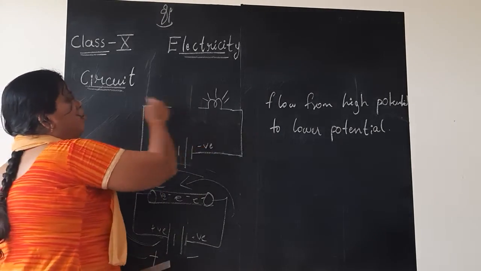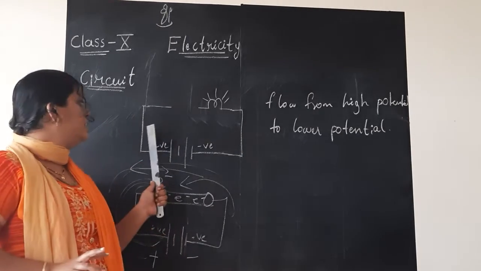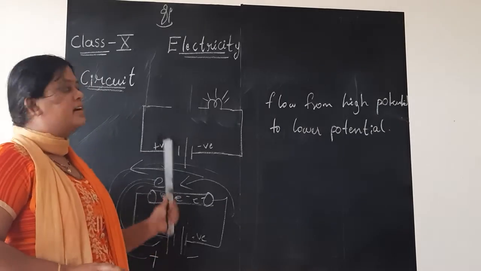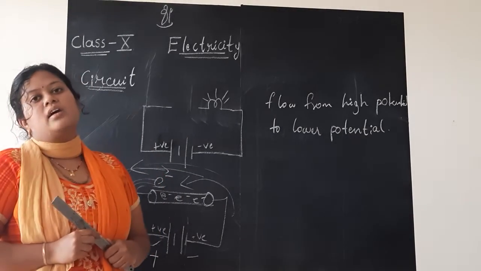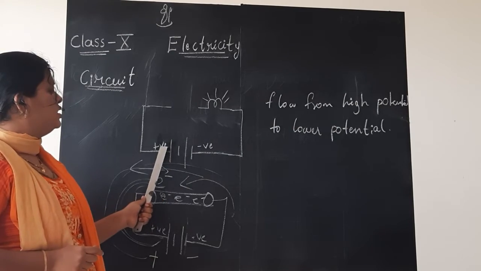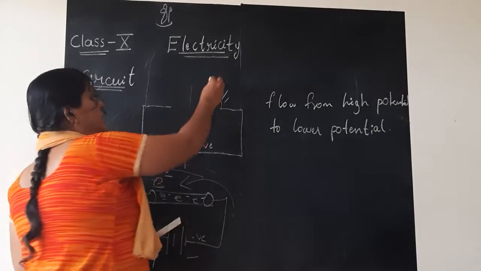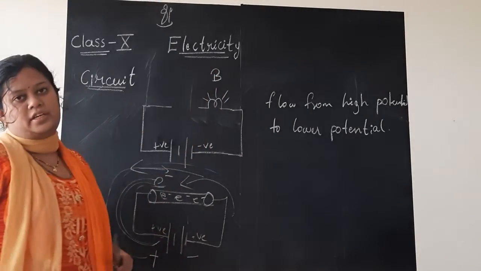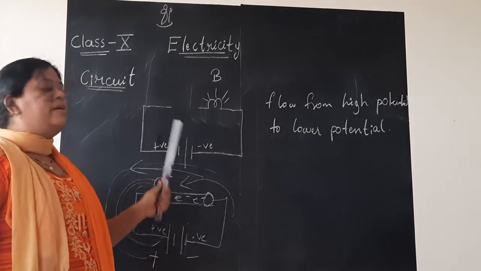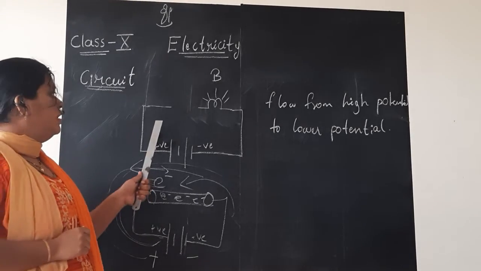The rectangular box what you see, as I said earlier, is not simply a box but it is the wire we studied here. It is the conducting wire. And you can see the battery here, positive terminal and negative terminal of the battery, and one bulb is connected in the circuit. In order to measure the current flowing in the circuit, what do we need to do?